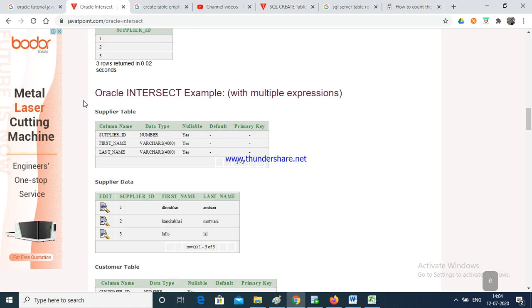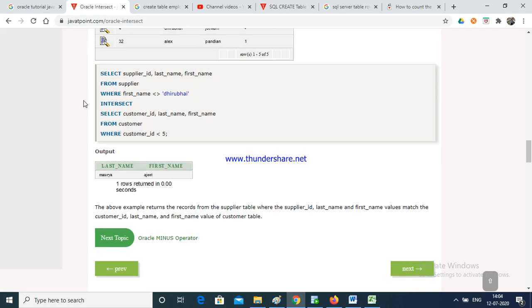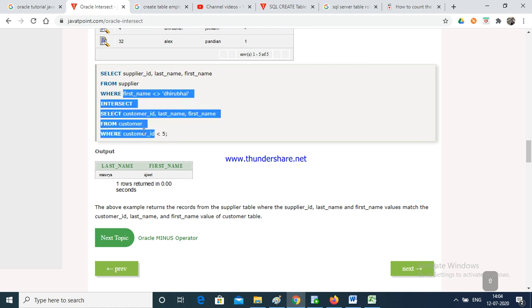We are going to insert multiple expressions. Okay, we are completed. Same way we are going to use names also. Name where ID like that we are using. Just we are going to use the same way here, name and ID.